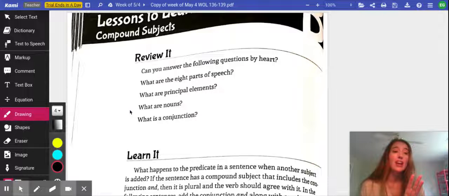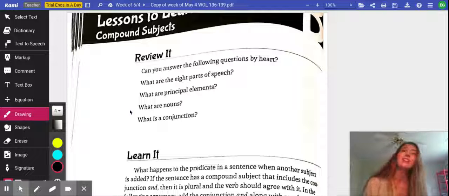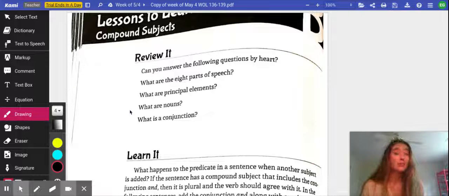A noun names a quality or an idea. A noun is a part of speech. It names a person, place, or thing. A noun may be singular or plural. And that goes along with what we're studying because we're talking about a plural being the compound subjects, 2 or